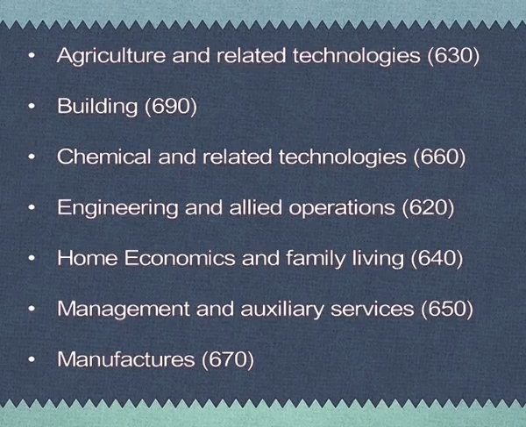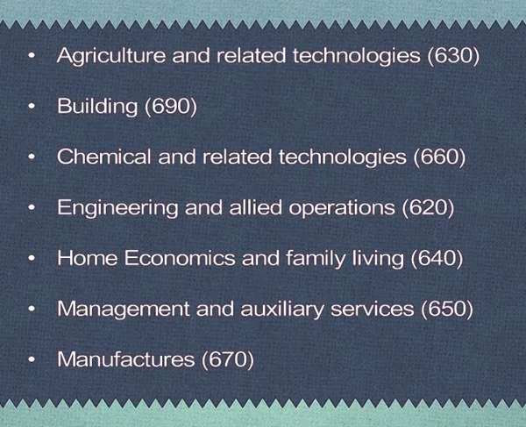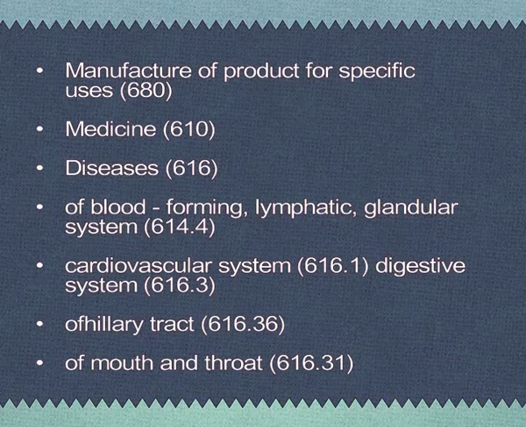The rearrangement of Dewey Decimal Classification division of 600 technology in an alphabetical order would yield the following: Agriculture and related technologies 630, Building 690, Chemical and related technologies 660, Engineering and allied operations 620, Home economics and family living 640, Management and auxiliary services 650, Manufacturers 670, Manufacture of product for specific uses 680, Medicine 610, Diseases 616,